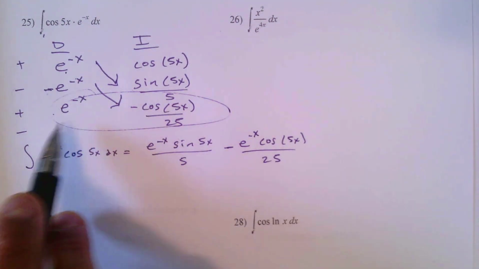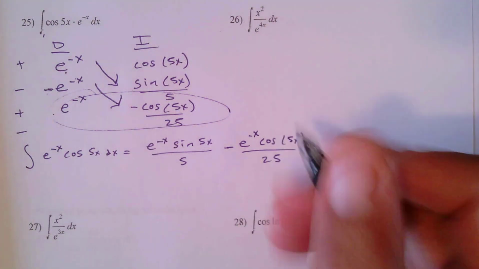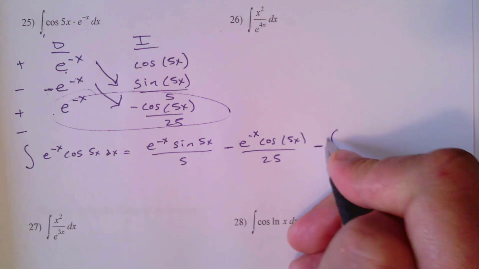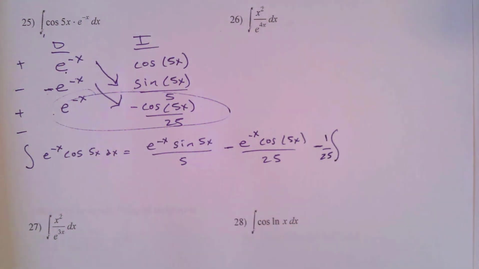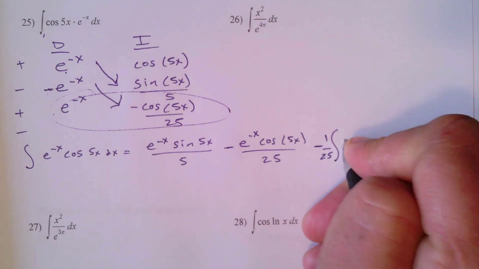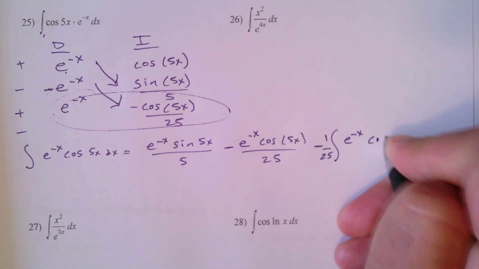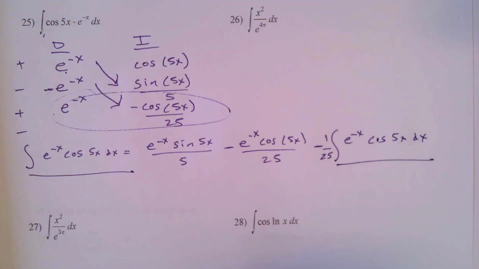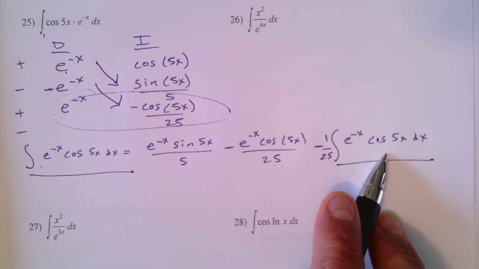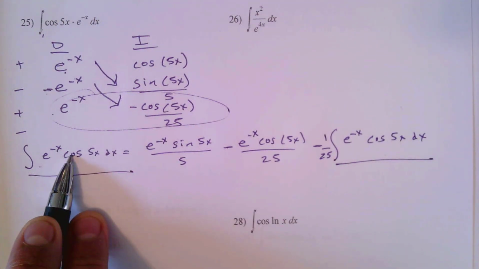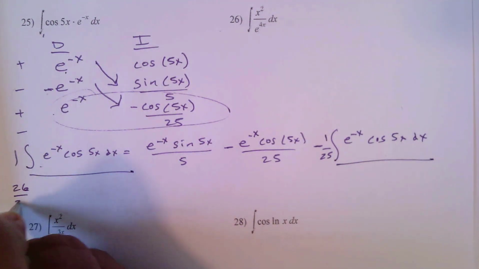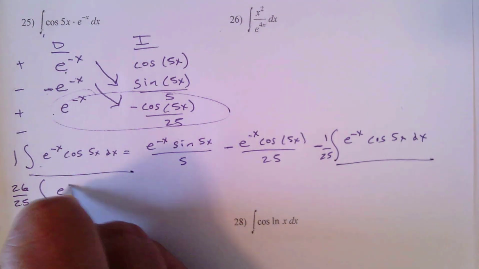Then we have this integral, and it's a positive times a negative, so it's going to come out to negative. And the 25, let's put that out in front actually. So 1 over 25 out in front, and we have e to negative x cosine of 5x dx. Notice that this and this are the same. So these two integrals are exactly the same. So we can put them together. Here we have one of them. And if we add 1 over 25, that's going to give us 26 over 25 of the original integral